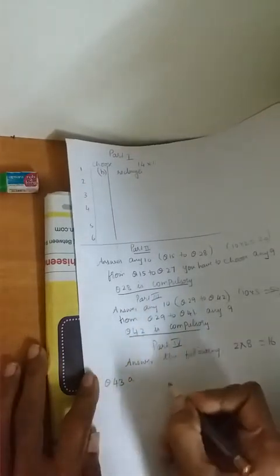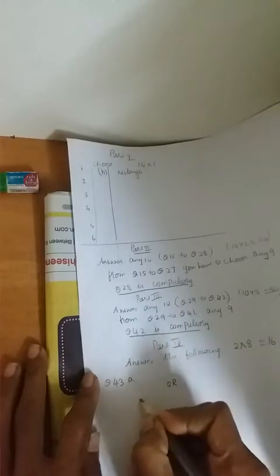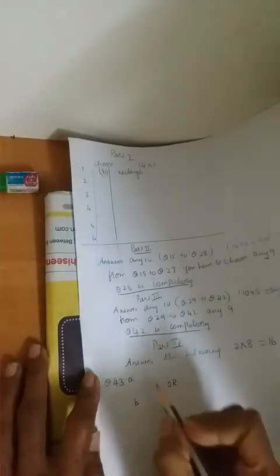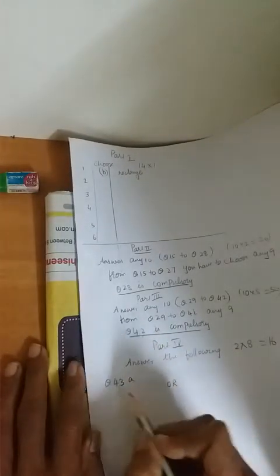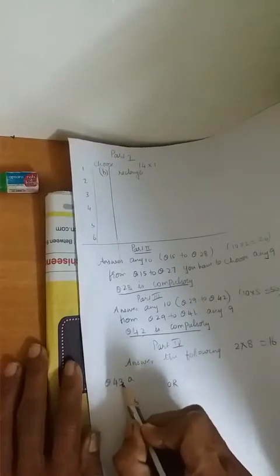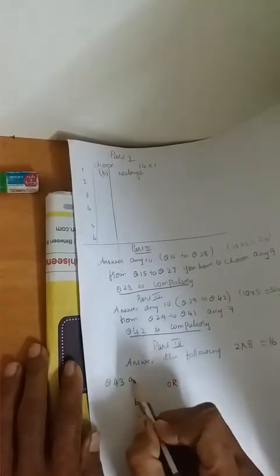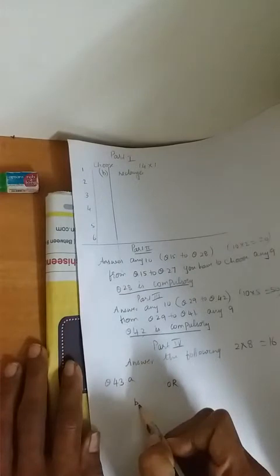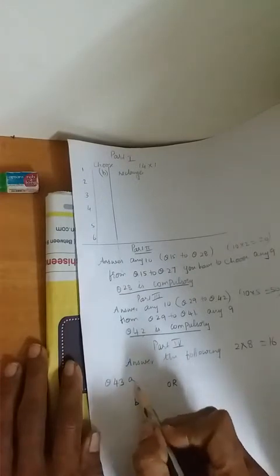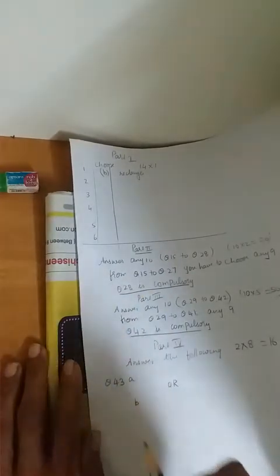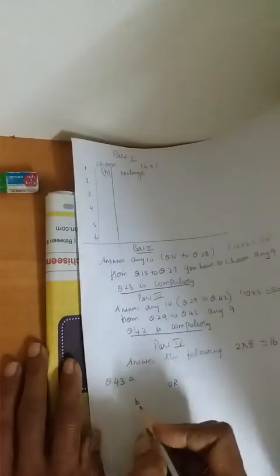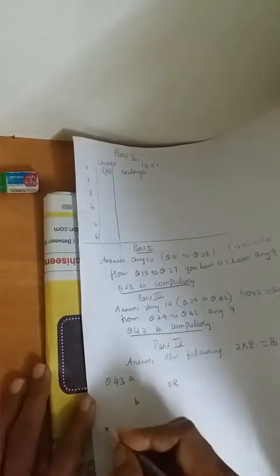And here you have or B. Okay, so first one or second one. This is your practical geometry. Question number 43 is practical geometry. Either A or B. Okay, so whichever you are writing, you have to mention in the answer paper. Suppose if you are writing the B sum, you have to write like this. Question number 43, B. If you are doing the A, you have to write question number 43, A.